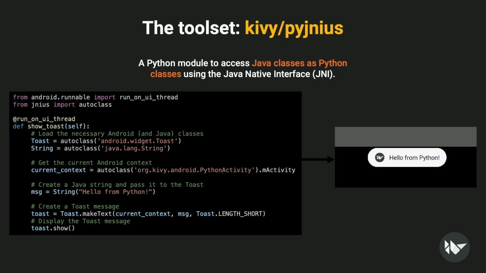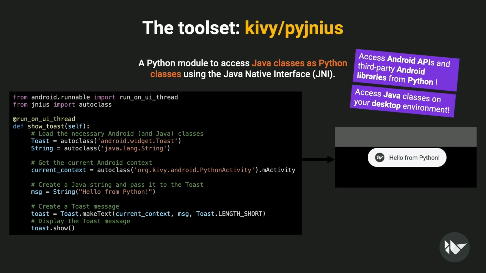Well, sometimes you have to interact with Java API, for example, on Android. So with Pyjnius, you can access Android APIs and third-party Android libraries from Python. And this is super important to integrate, for example, with Bluetooth Low Energy. If you need to access Bluetooth Low Energy on Android, you need to use Pyjnius. And this is also useful to access Java classes on your desktop environment, because maybe you already have some Java code, and you want to interact with that Java code, and you could do that by using